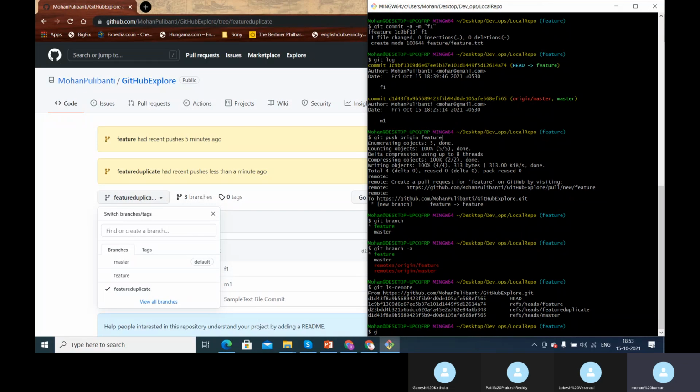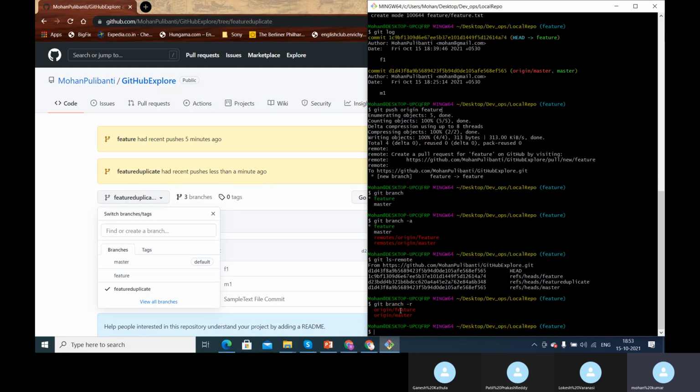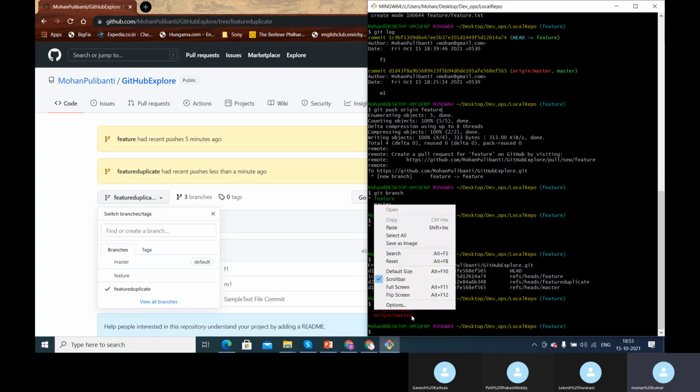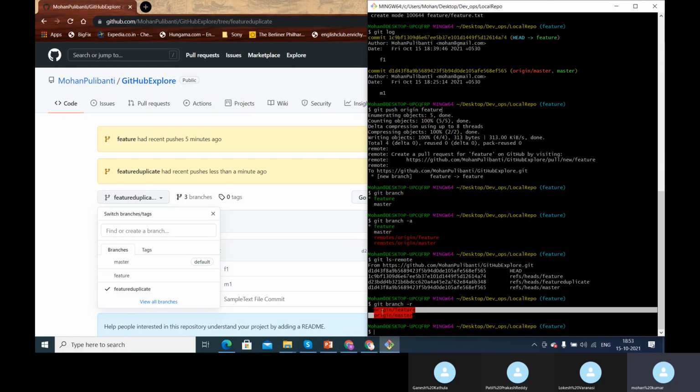And there is another command called git branch -r. Okay, so when I say git branch -r, it shows us only remote tracking branches. It will not show us the local branches. So r stands for remote tracking, a stands for all. So when you say all, the local branches and remote tracking branches will be shown to us. And if you execute git branch -r, only remote tracking branches, which are the mediators between the remote repository and the local repository, will be shown.